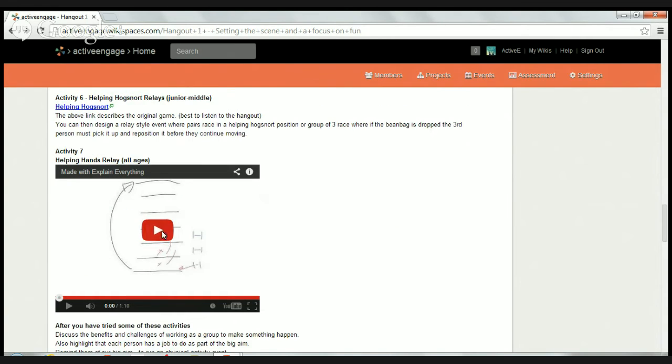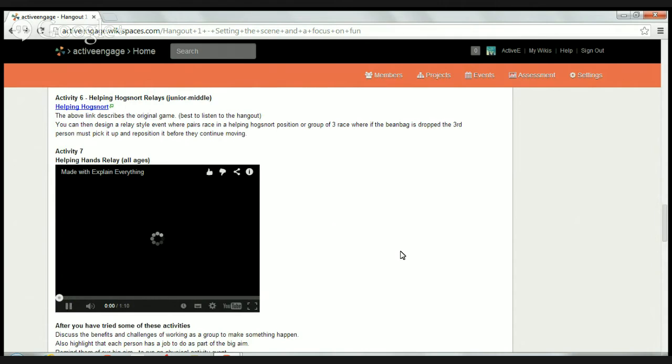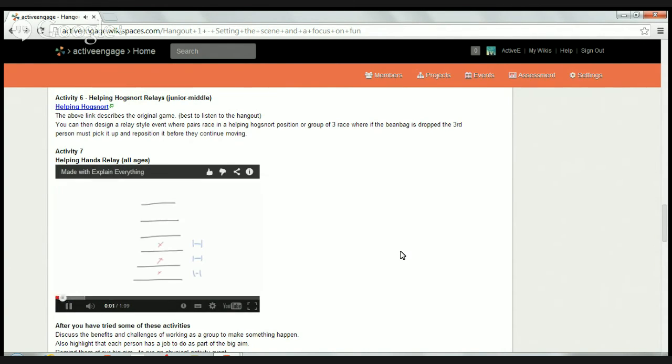Activity 7, I think the video will work. It's a minute long. We'll just let it play for itself. Okay, so this is the helping hand relay. Basically what you've got is 6 wickets lying on the ground on the end of a tennis ball or something, weighing on grass. 3 runners, 1 in each space, with a number of spaces still available, and 3 helpers marked in blue here. And on your go, the 3 runners move 1 space forward at the same time,